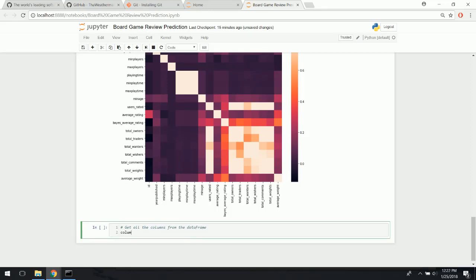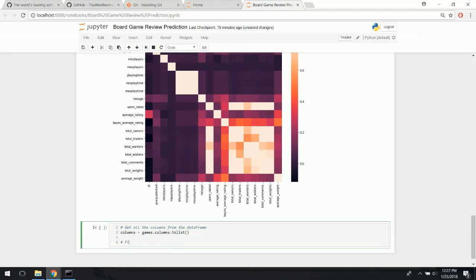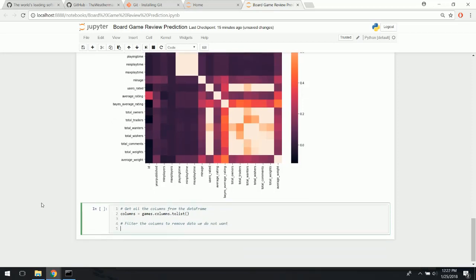And to do that, we need columns equals games.columns.toList, a very convenient function to generate a Python list. Then we're going to filter the columns to remove data we do not want. This is a very important step here. So we'll have columns equals, and we're going to do a for loop in here: C for C in columns, if C not in, and then here are the ones we're going to be